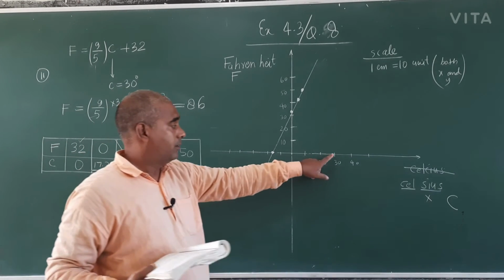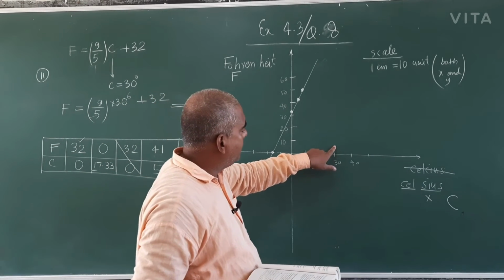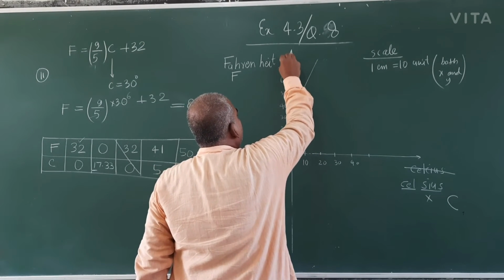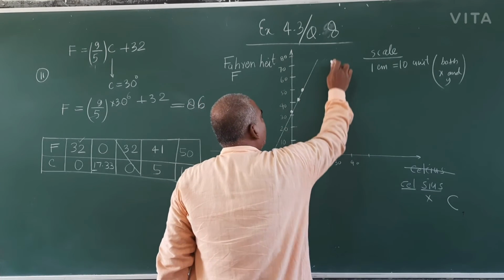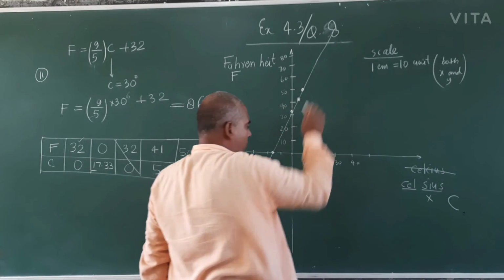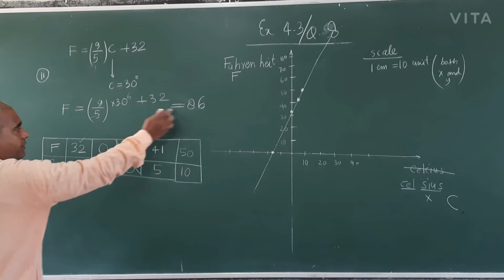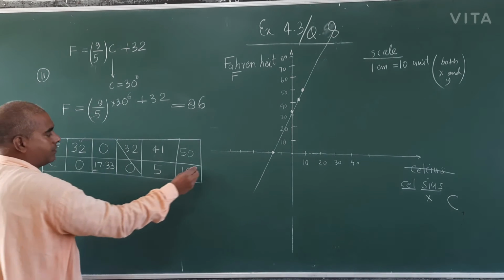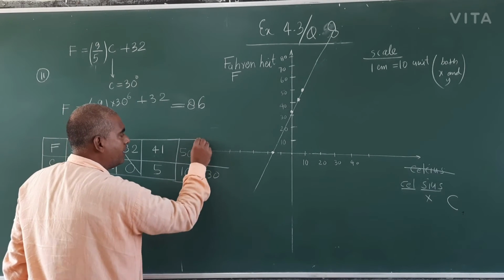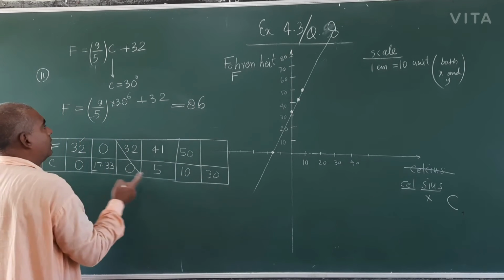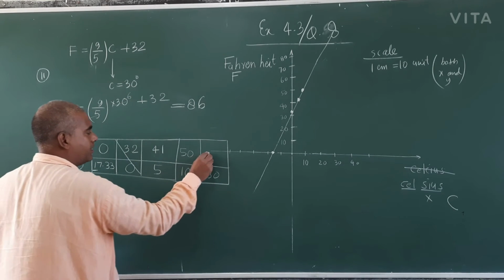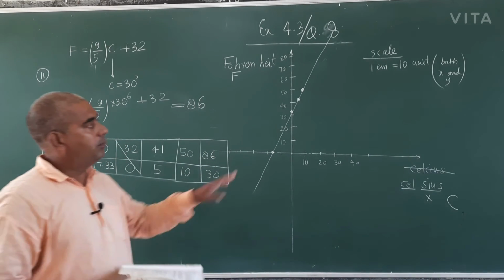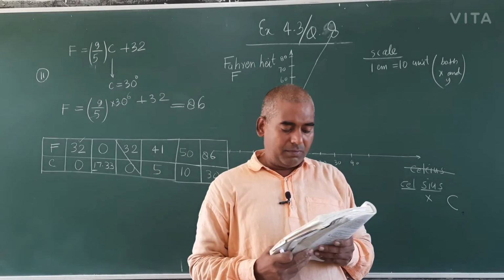You are observing here, when C is equal to 30, F is 86. It increases through 70 and then 80. You can see all these values on this graph. F is equal to 86, meaning you can get a point at C equal to 30 here. If this is 30, you are getting F equal to 86, an integer. You can take these values also to draw the line. All these points lie on the graph. So this was question number 2.